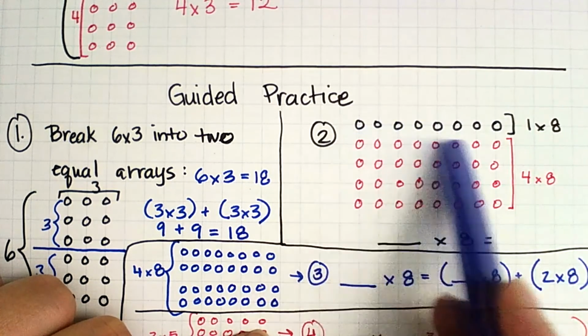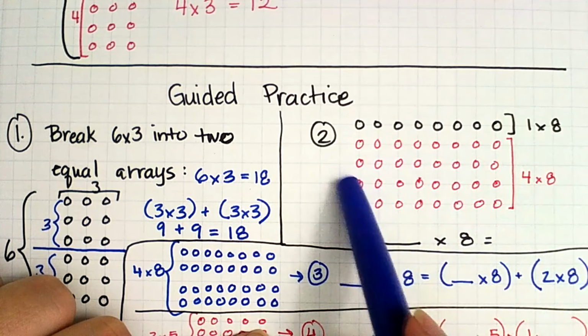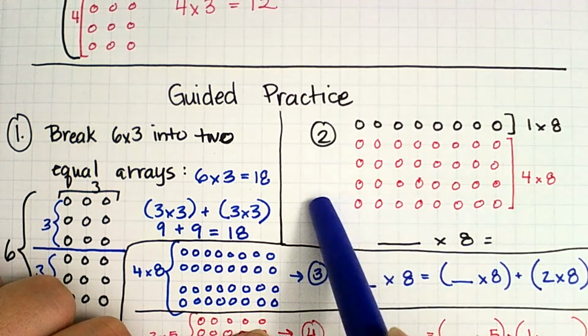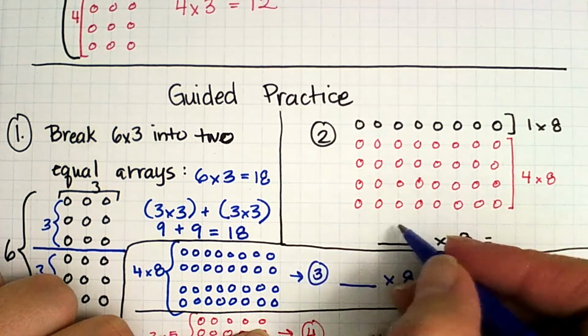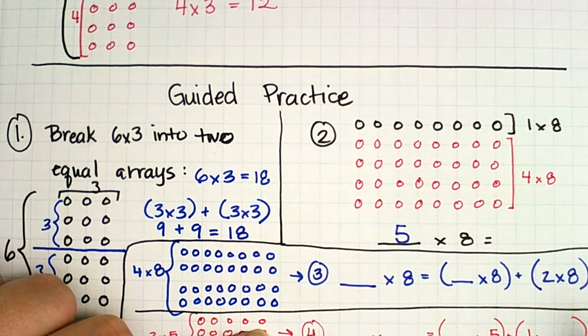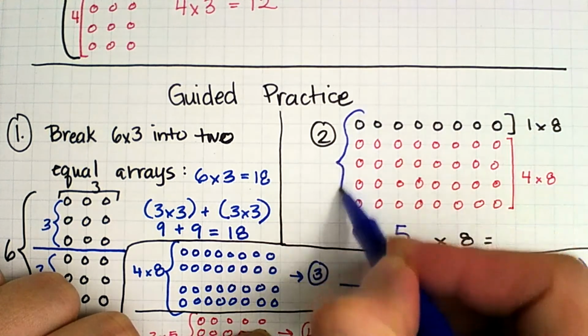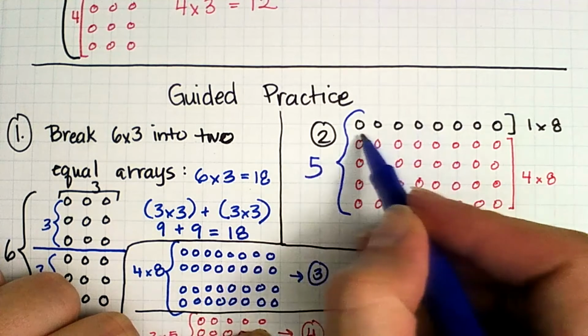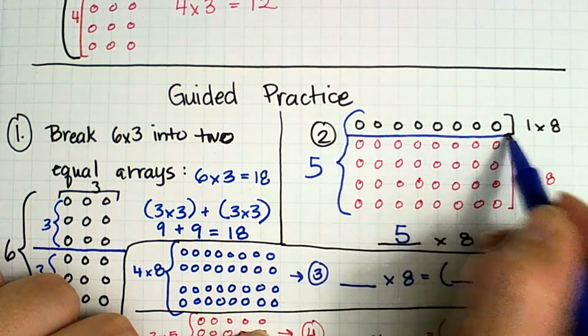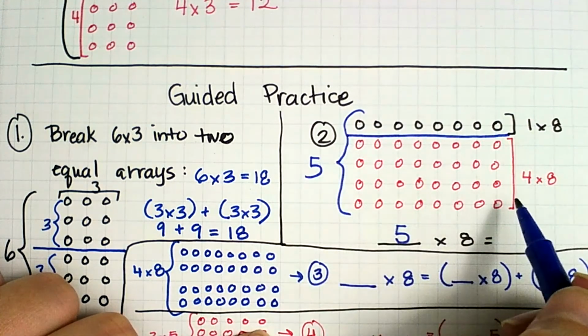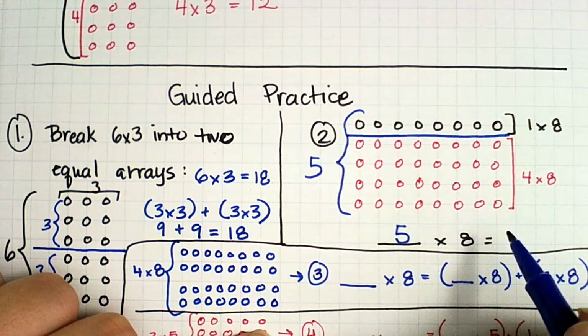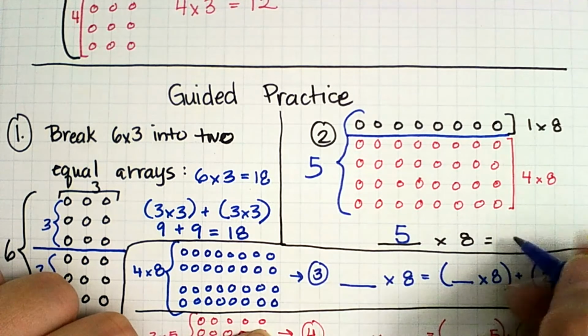1, 2, 3, 4, 5. So we know there's 5 rows with 8 in each row. So her original array was 5 times 8. So if you look at this, there's 5 rows altogether. She broke it apart into 1 times 8 and 4 times 8, because we know 1 plus 4 equals 5. And we know that 5 times 8